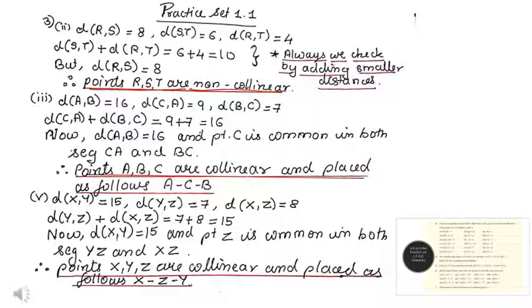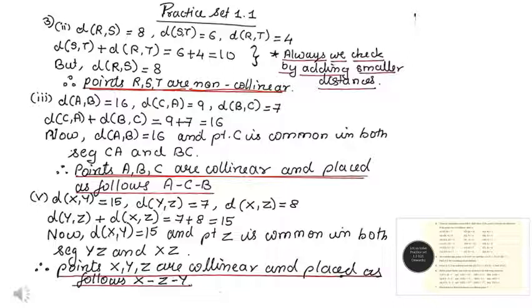So yes, it is the same, and therefore when we look at the names of the segments which are formed by joining the points, we have point C, which is common in both CA and BC. Therefore it suggests that C is in between the 2 points, and therefore the sequence is as follows: A dash C dash B. This is how we represent collinear points. We write them down.